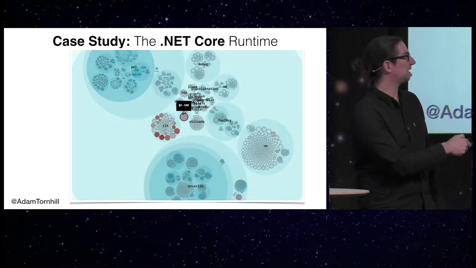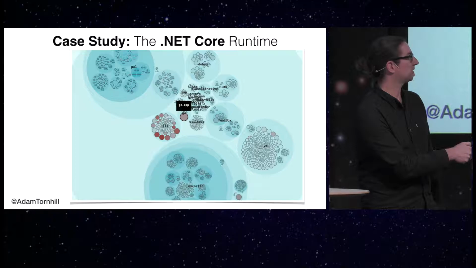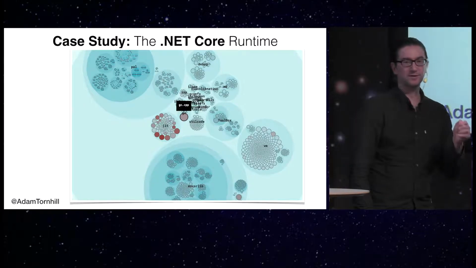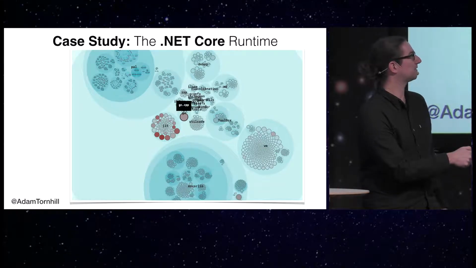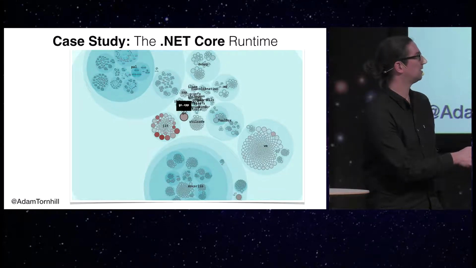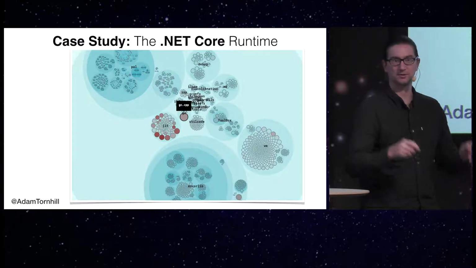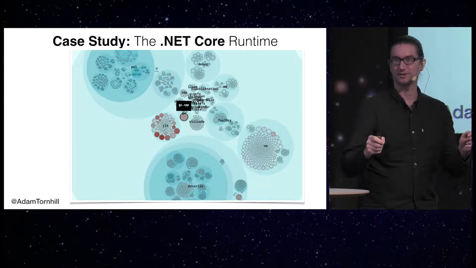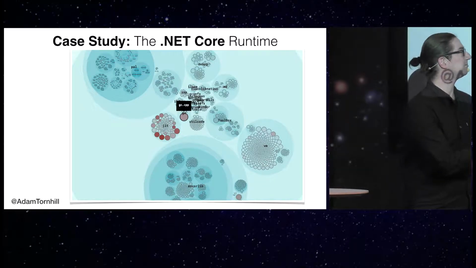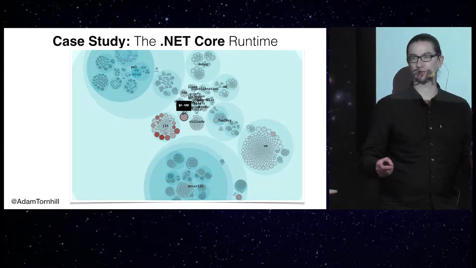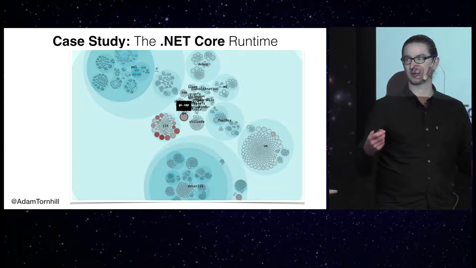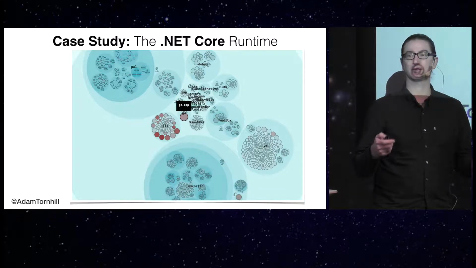Now, at that time, they did a major restructuring of that part, so it's quite natural that a hotspot shows up there. But what fascinated me was that there was some kind of satellite hotspot here. A hotspot called gc.cpp. That's the .NET garbage collector. And gc.cpp might look quite innocent here in this visualization, but that's only due to the scale of .NET Core. .NET Core is big.